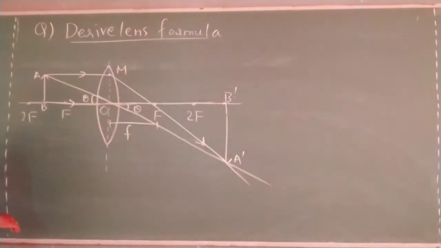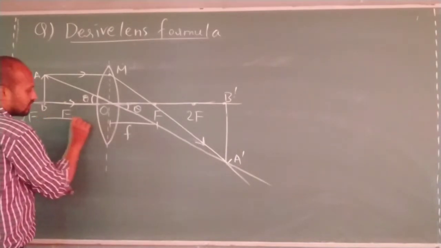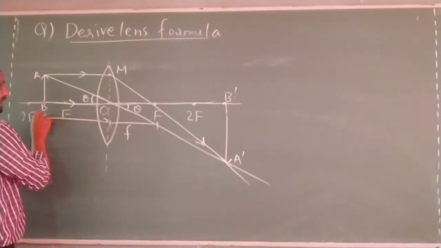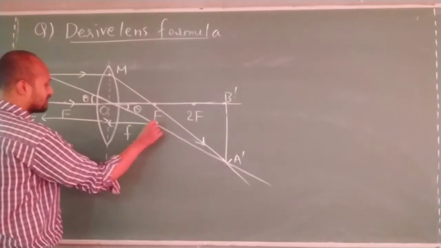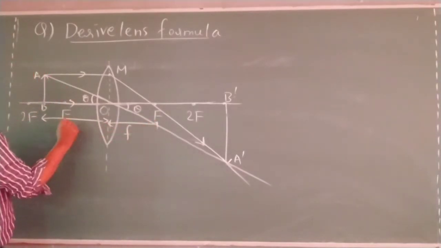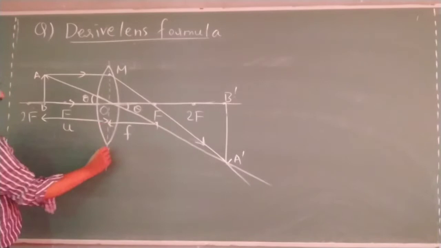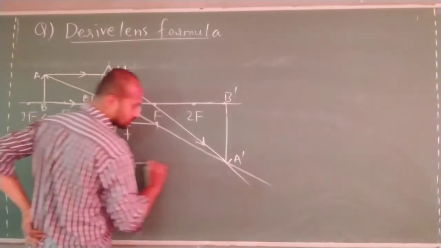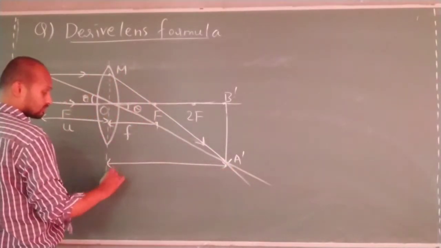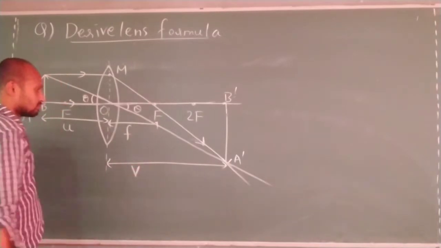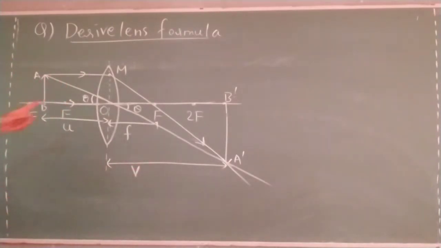Now, one observation. To derive the lens formula, you have to be very calm with your mind because it is very easy. This is image distance and this is object distance. Are you reading that? I didn't apply sign convention. This is the complete diagram, as you can see, to derive the lens formula.